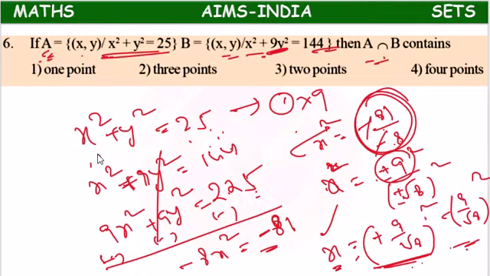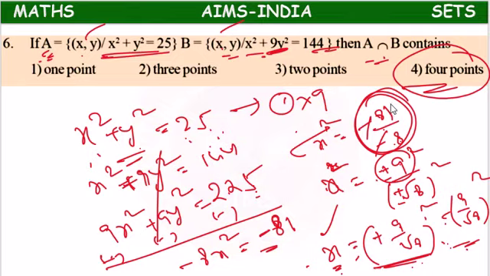If we substitute x here, for y also we will be having two values. Because here x comma y is there, and here also x comma y is there, the x comma y values will be common in both of them. For each x value, if we substitute, we get two y values. So in total we will be having 4 points.